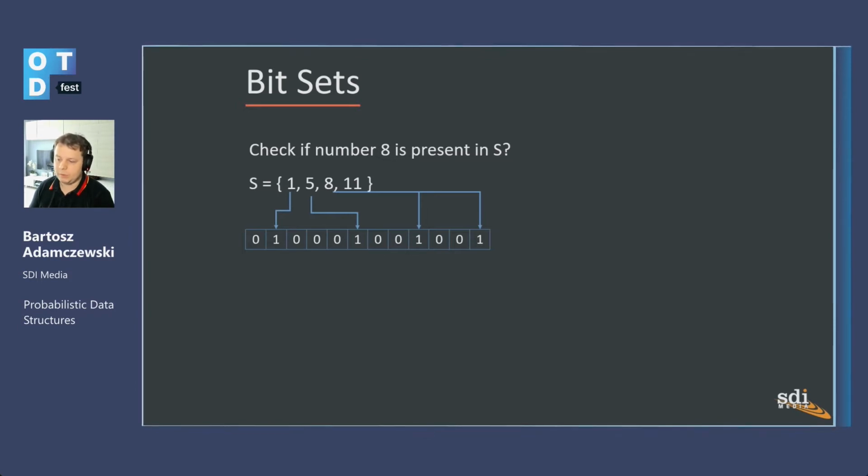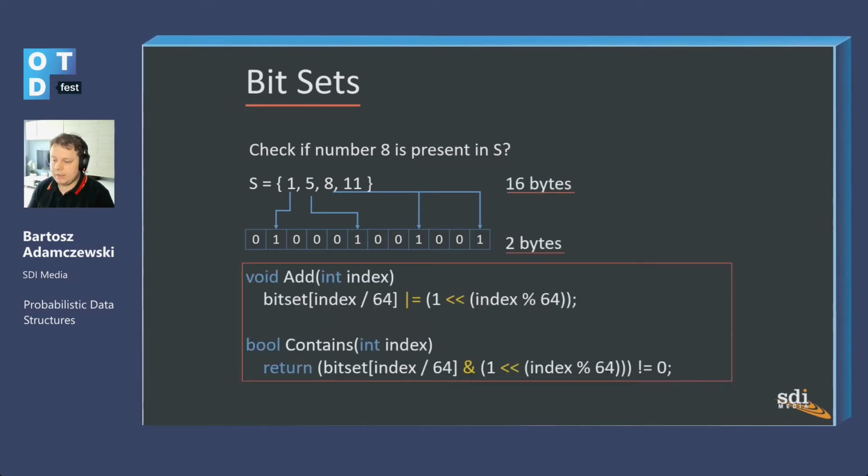Otherwise, we're going to have 0. So now, when we're going to ask if a number is present within a bit set, what we can do is we can actually do a simple contains operation, which is just a shift left and an AND. And as it turns out, the performance of this code is around 2.5 cycles